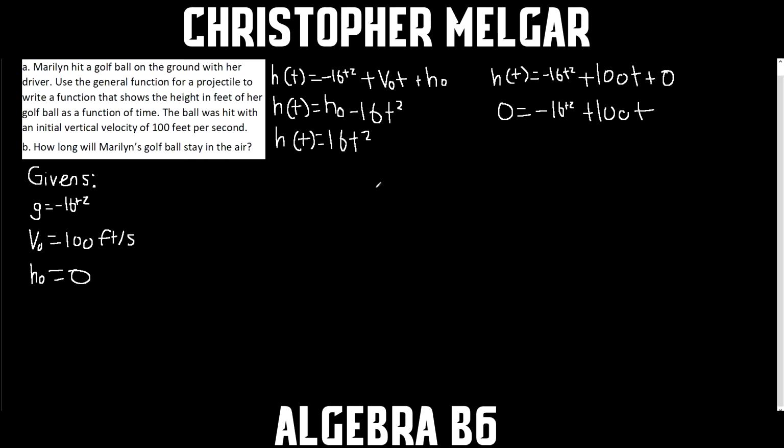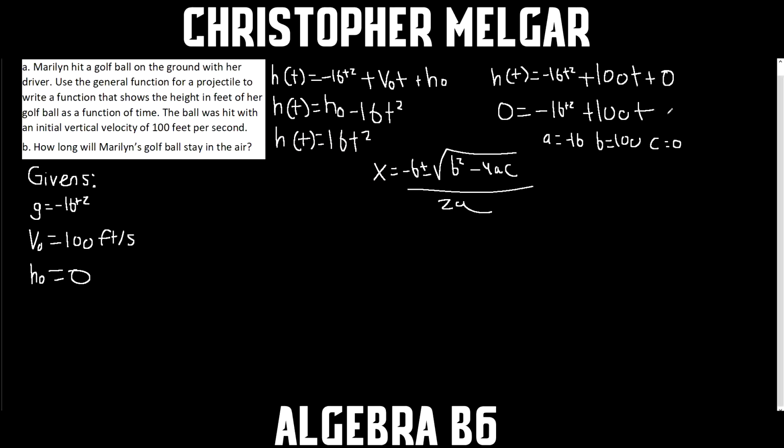Next we can use the quadratic formula, which is x equals negative b plus or minus the square root of b squared minus 4ac, over 2a. First, let's lay down our variables. a is equal to negative 16, b is equal to 100, and c is equal to 0 because there's no c value. So when we replace x with t, we get t equals negative 100 plus or minus the square root of 100 squared